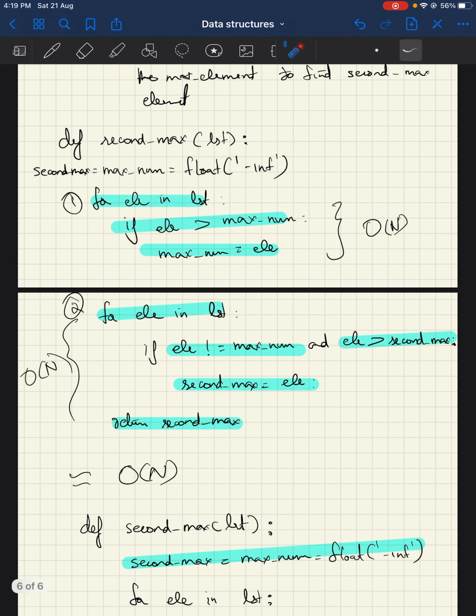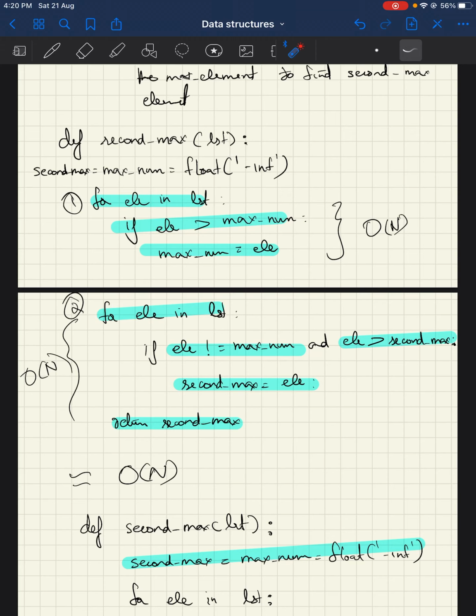Now we can iterate again through the list and check whether our current element is not equal to max num and the element is greater than the second max. Second max is also defined as a very small number. If so, then we assign second max as the element, and we return the second max element.